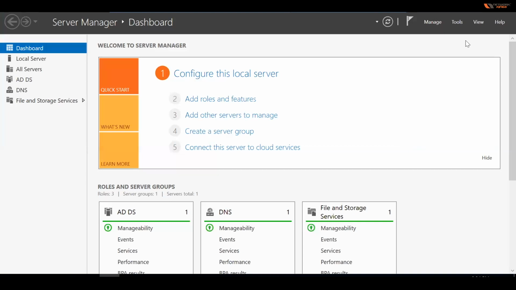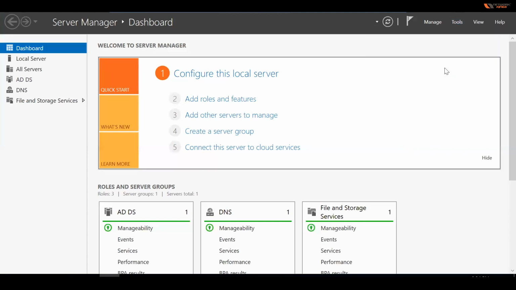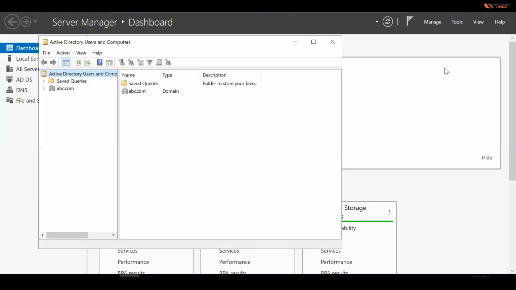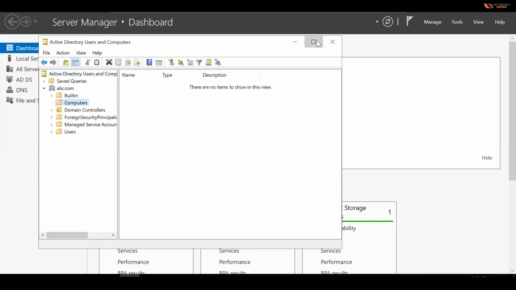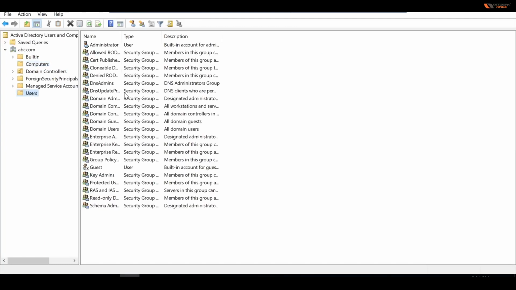So this is my primary domain controller. If you go to Tools and go to Active Directory Users and Computers, you will be able to see the domain name. For now, I configured this server as abc.com. If you expand it, here you will be able to see Computers. For now, I haven't joined any system to my domain. And in Users, you will be able to see who and all users are part of your